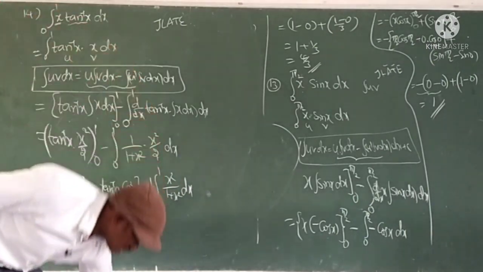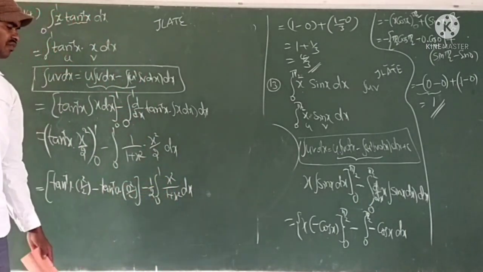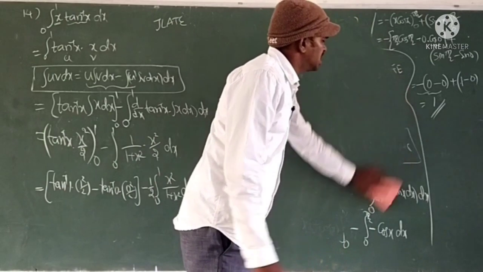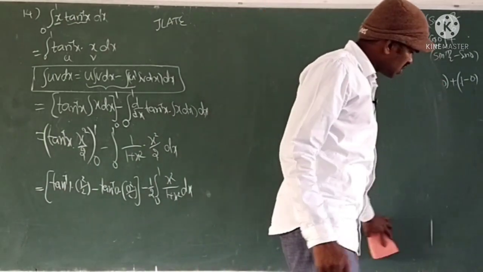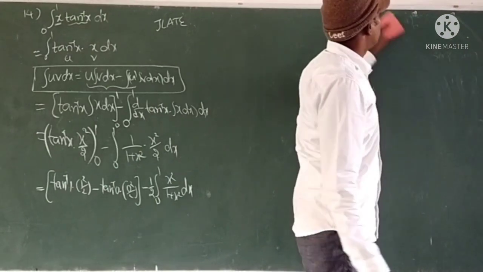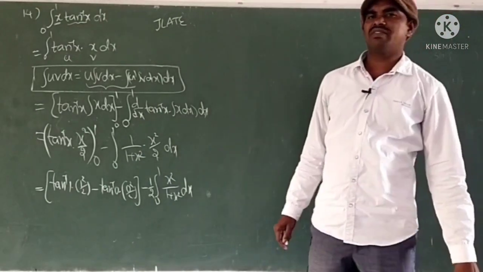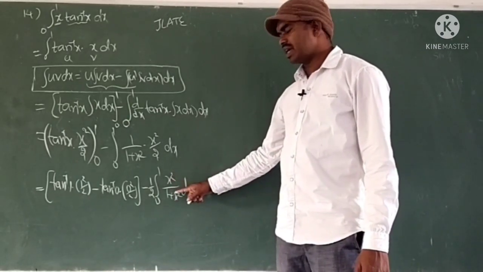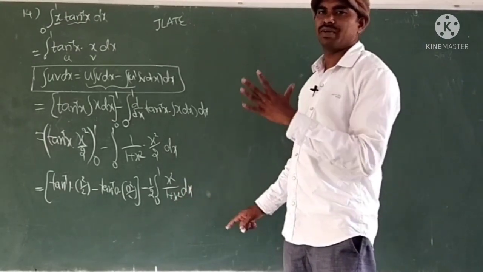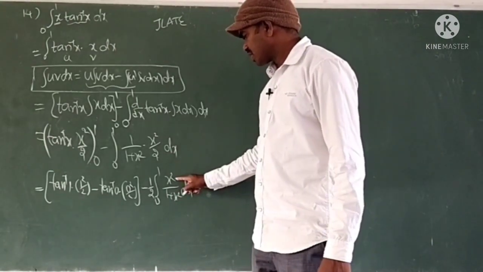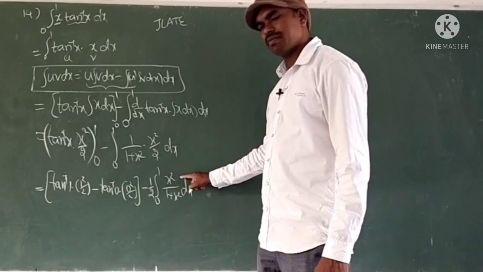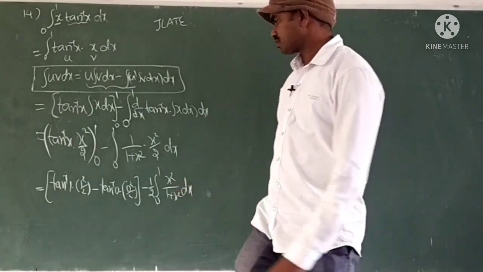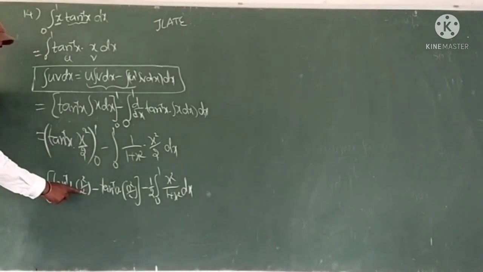So how to simplify this? In integration, we did this type of problem many times. In the denominator 1 plus x square is there, in the numerator x square is there. If you completed Maths 2A, particularly the partial fractions chapter, from that we learn that when the numerator power and denominator power are the same, we should divide the numerator by the denominator, and we can get 1 plus something. Otherwise simply we can simplify by adding plus 1 and subtracting minus 1. And here 1 square means 1, 1 by 2 we are getting.